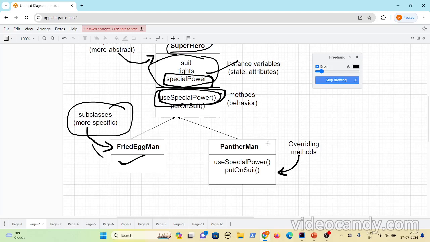They want their own logic. So in the Pantherman class they write use special power and put on suit as well. When you invoke use special power on Pantherman, this logic gets executed. For Fried Eggman, this logic gets executed, and for Pantherman, this logic and this logic get executed.